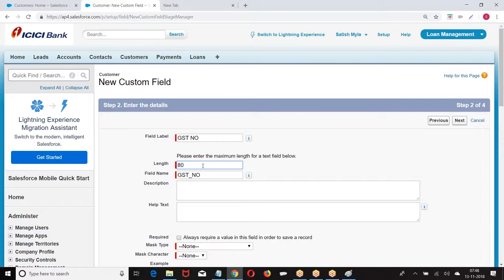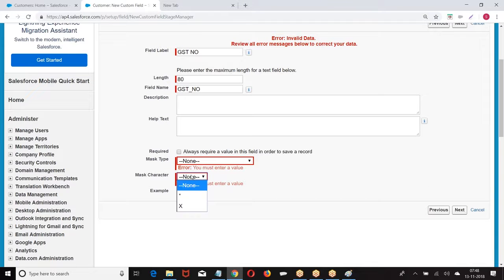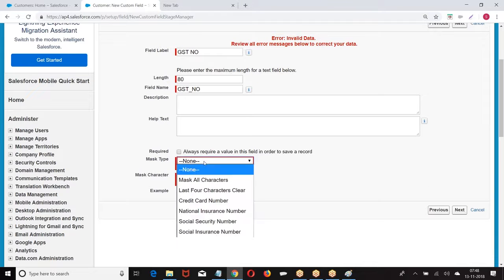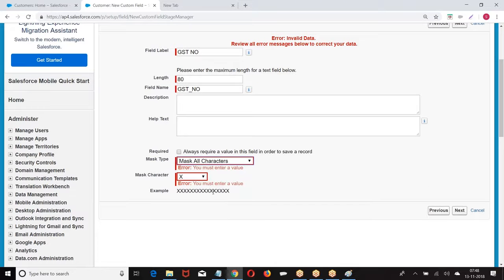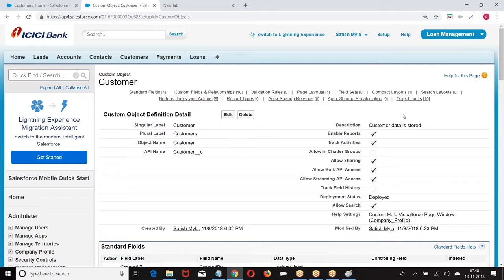GST number. What is the format? Mask all the characters. I hope you are good with this. Clear? This is how we have created it.